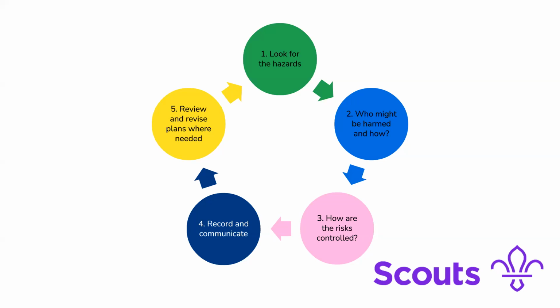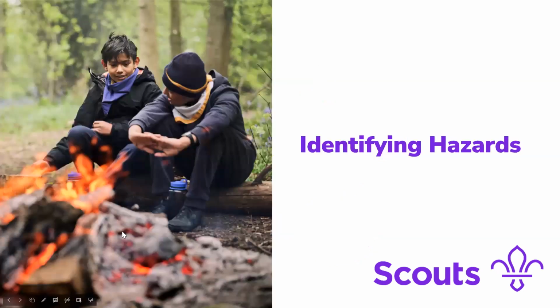Oh, fantastic. Thanks, John. So if we move on to the next slide, we're going to do a bit of an activity now that covers those first couple of steps in the process, all about identifying hazards. And we're going to do this on a program called Ideas Boards, which is hopefully going to be really easy to use. So Faye's just going to pop a link into the chat, which we'd like you to click, and that should open up Ideas Boards in kind of a separate window on your computer or whatever device you're accessing on now.